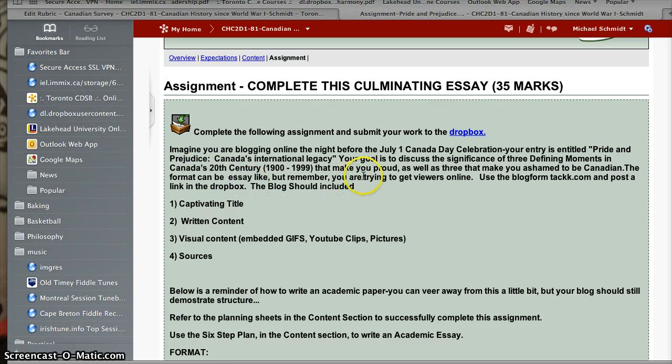The format can be essay-like, but remember, you are trying to get viewers online. So again, this is not a formal essay where you need to have a thesis statement that really brings everything together and you're judging history. Your judgment is your ability to choose 3 meaningful